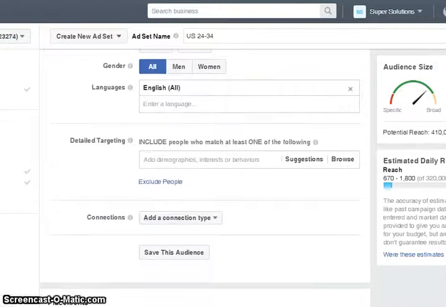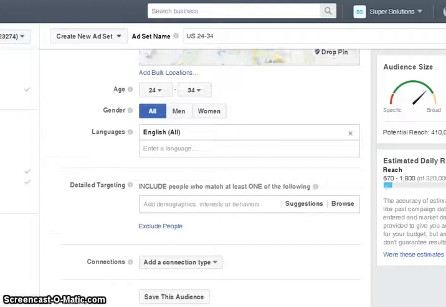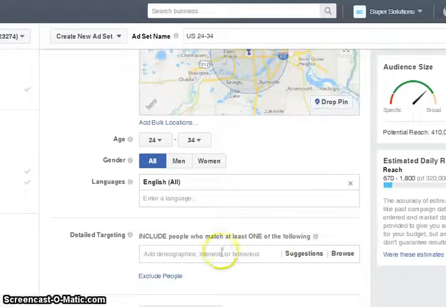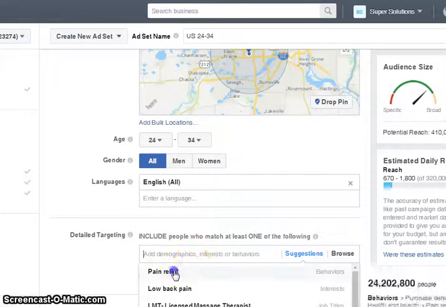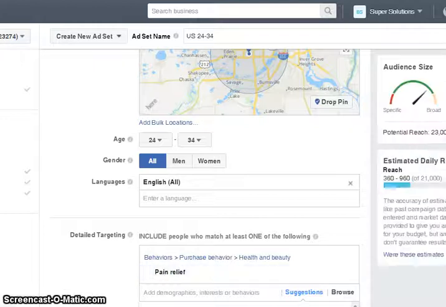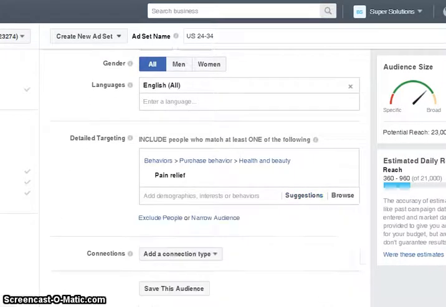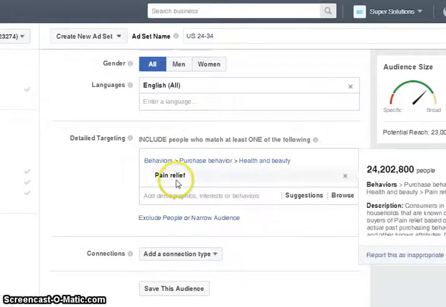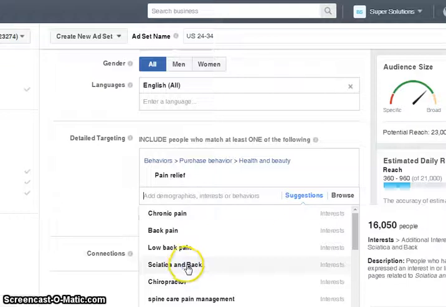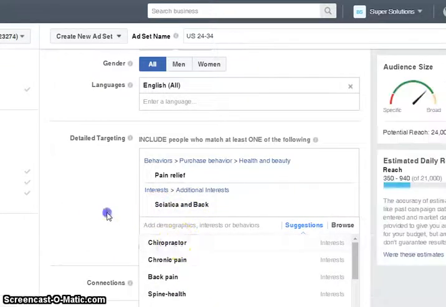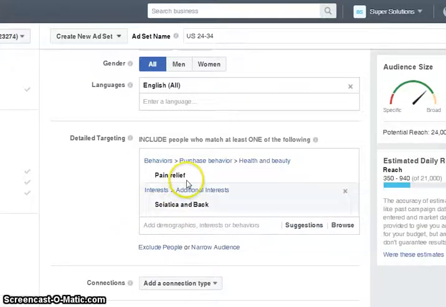People talk a lot about targeting and who to target. I've heard people just leave this blank and not even target people that may need pain relief. I have personally found that for my clients, massage therapists, chiropractors, if you target pain relief and a few other of these, you're going to get a better response, because people have actually gone out and